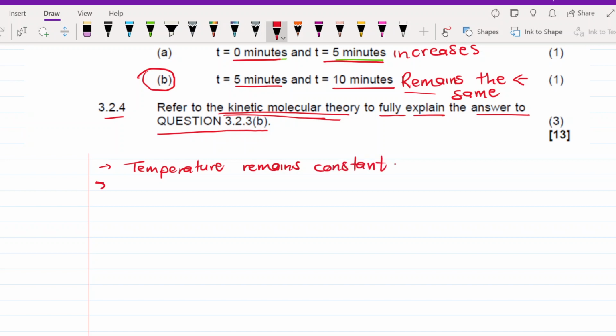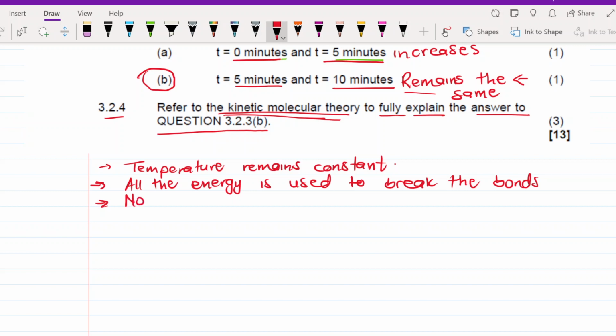Therefore, when the temperature remains constant, that means all the energy is used to break the bonds between the molecules of that substance, and at that point now there is no